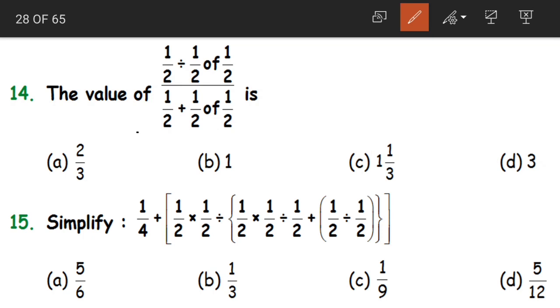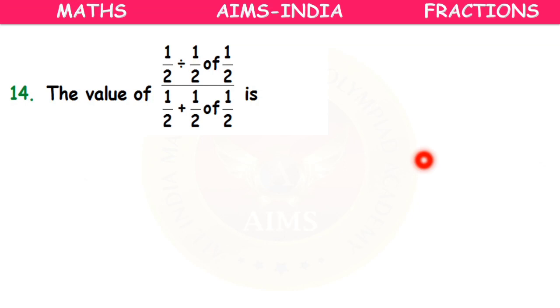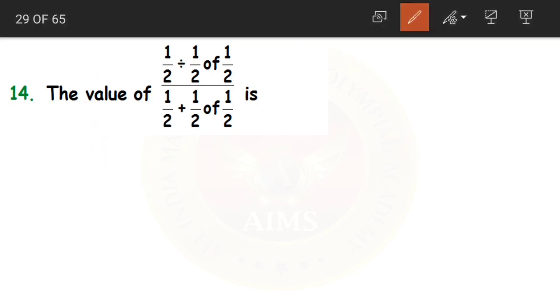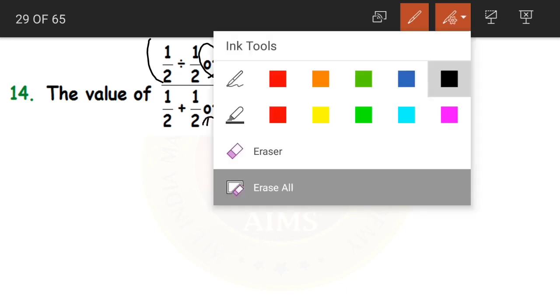Now moving on. Yes, look at the 14th question students. Now this is a very big expression here, right? So I have taken it. Let us take it on a slide and let us solve it. Okay. Now coming to the numerator, 1 by 2 divided by again 1 by 2 of 1 by 2. Yes. Now we know the BODMAS rule, right? What is it? Bracket of division. So what should we do first students? We should do the operation of off. Yes, brackets of division. So first comes off. So let us do the off part first in both the numerator and denominator.